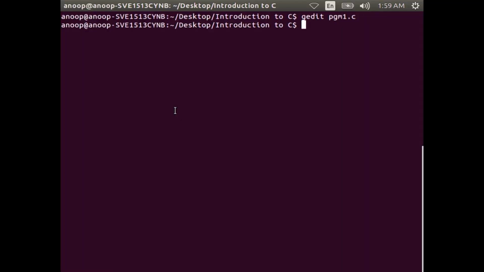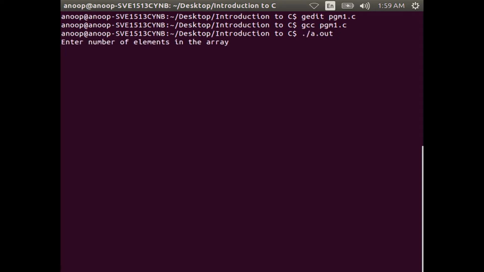Let us now compile this program and run for the result. Suppose you run, you can see that the system prompt for enter number of elements in the array. Suppose you are entering 5 as the number of elements in the array, then the system will prompt for enter the array.